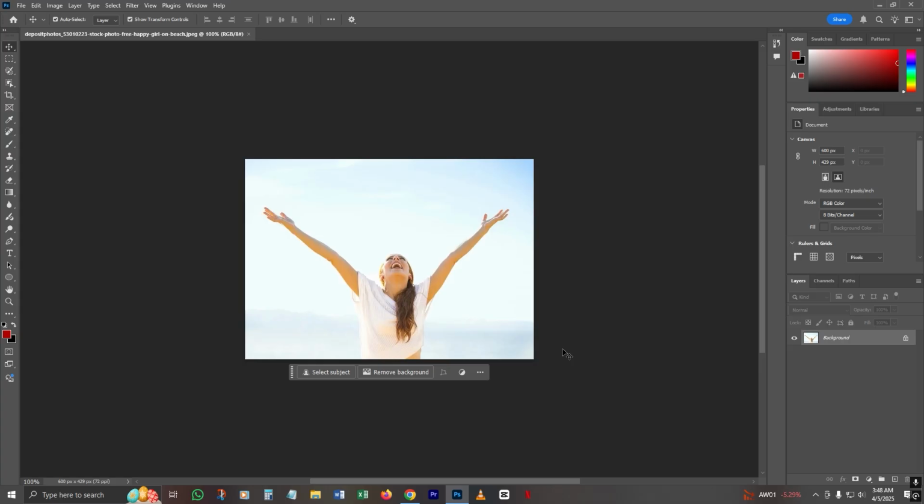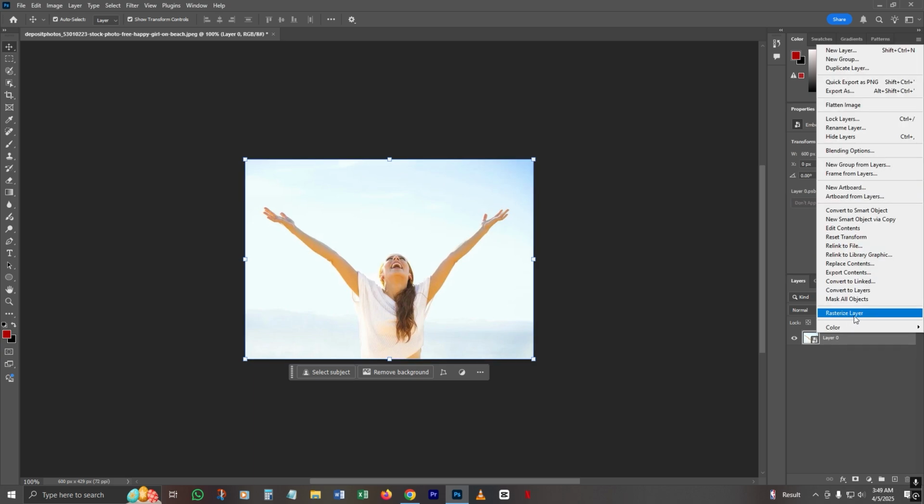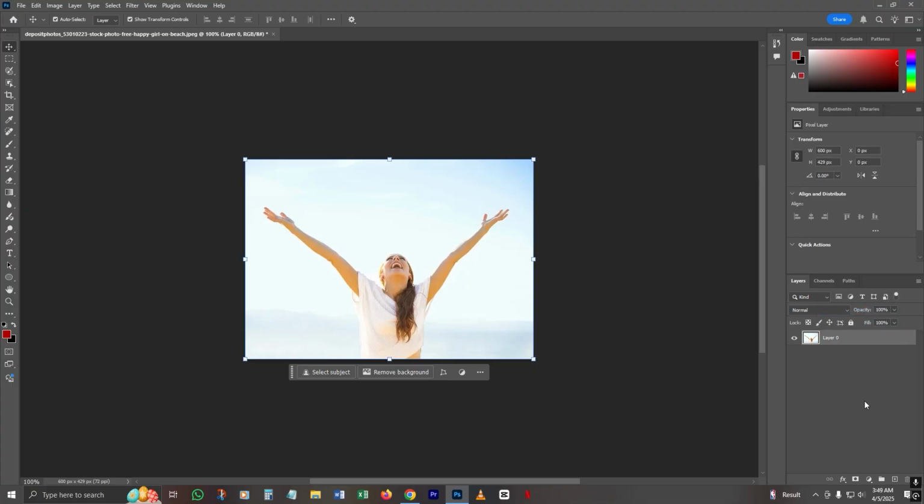Well, it's really simple. First, as you can see, here's a padlock icon on the layer. Click on it to remove that. And then if you notice that your image is a smart object like this, make sure to convert it to a rasterized layer. And now when we have this simple image, scroll down here under properties and you will see